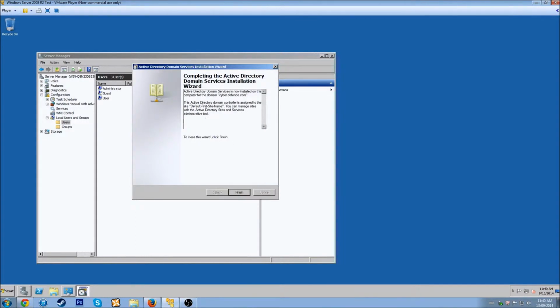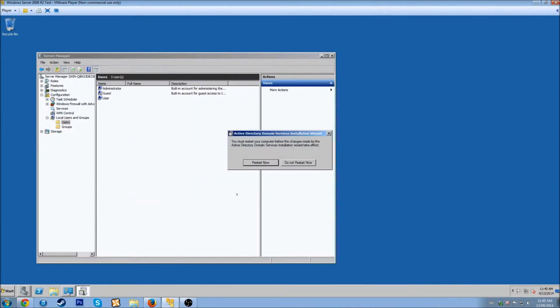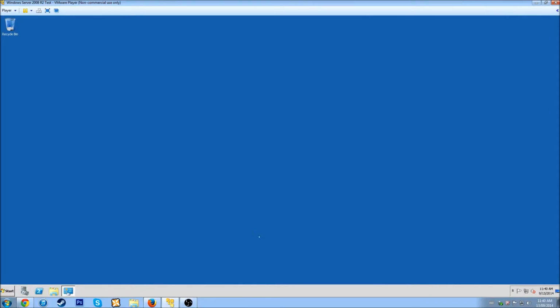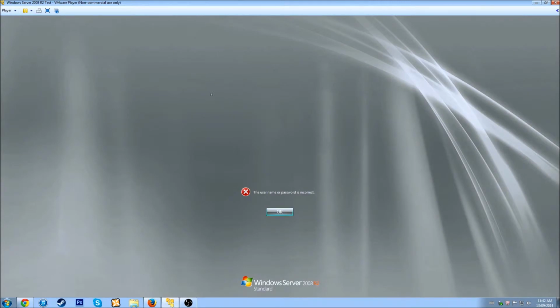Alright, so that took a few minutes, not too long, but now the Active Directory Domain Service Installation Wizard is complete, so we'll hit finish. And our computer's going to have to restart now, so we'll be back when the computer's restarted. Alright, we're back. So the restart just finished, and it says the username and password is incorrect,